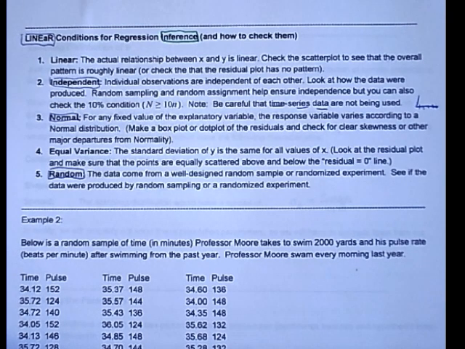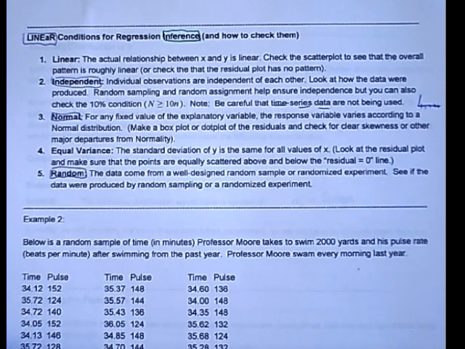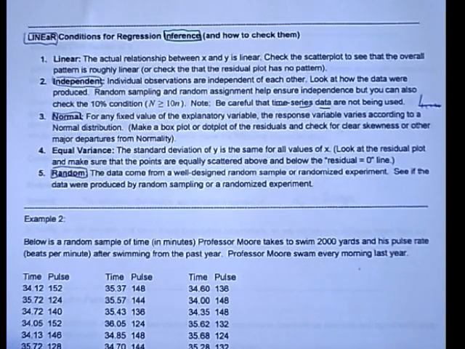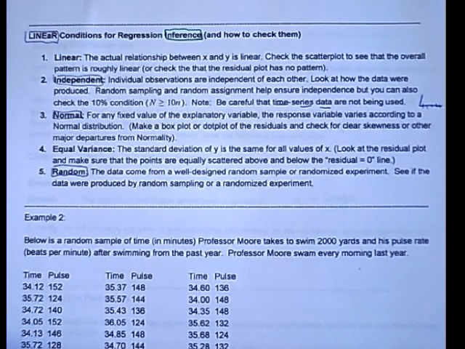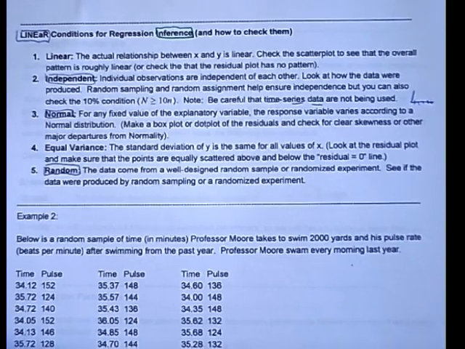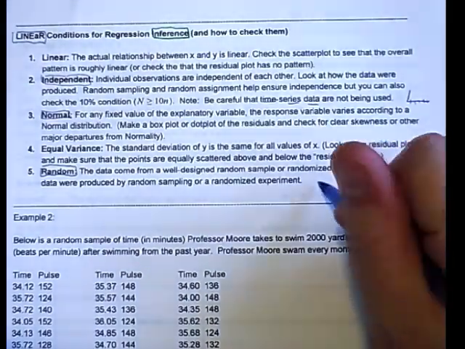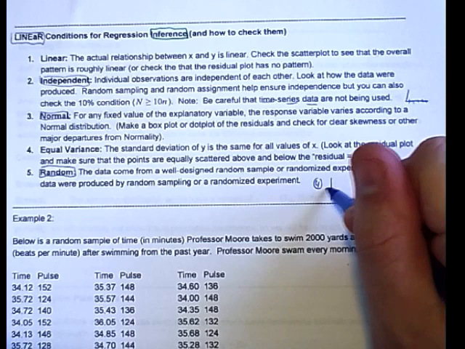Number 4, equal variance. The standard deviation of y is the same for all values of x. So it says look at the residual plot and make sure that the points are equally scattered above and below the residual line. So what that means is when we look at our residual plot,